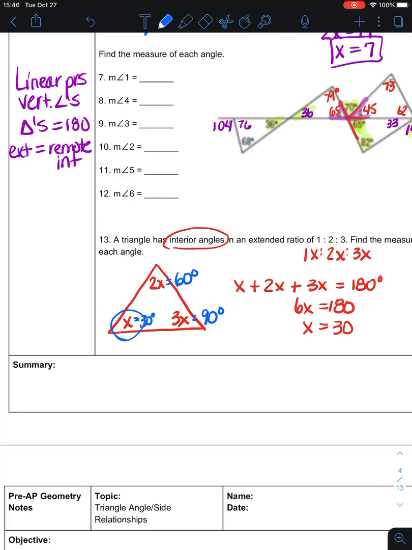So you can right now use these pieces: linear pairs, vertical angles. The interior angles of a triangle add to 180. And the exterior angle, a single exterior angle of a triangle, is equal to the sum of